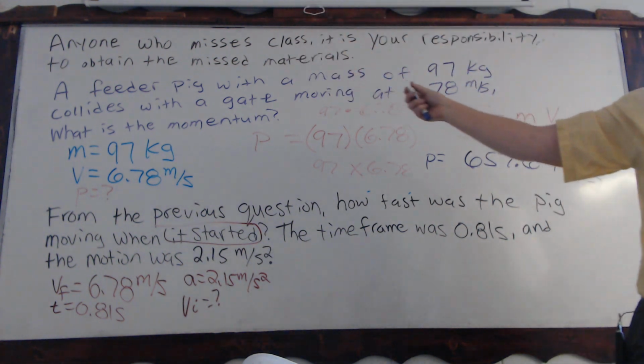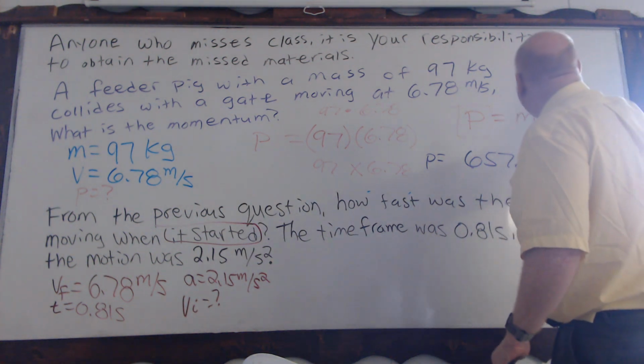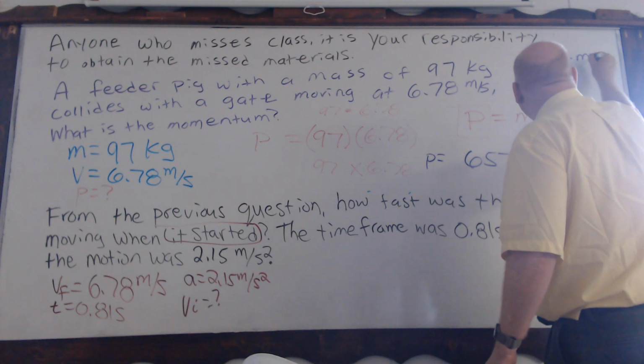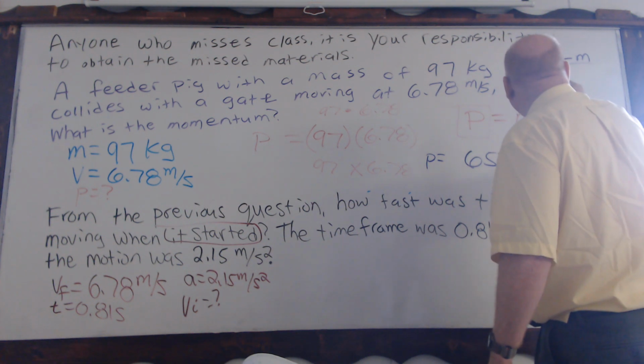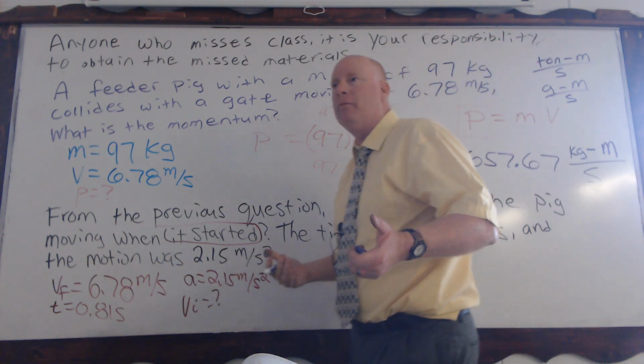Because when you're talking about momentum, when that wrecking ball swings, do you think you might want to measure it in kilograms per meter over second? No, because that wrecking ball weighs tons, not kilograms. That would be a really, really big number. So whatever mass is given, maybe it's ton per meter over second. Maybe it's just gram per meter over second, because maybe you're dealing with tiny marbles, okay?